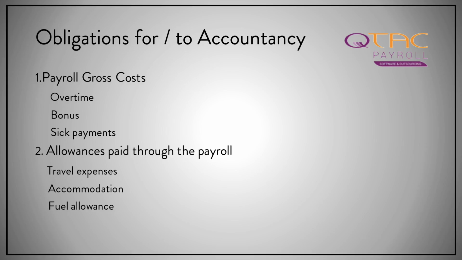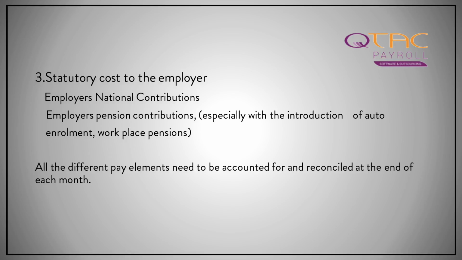So let's look at what constitutes an employee's total gross cost in addition to their basic salary. Here are some of the most common pay elements. You've got overtime, bonus, statutory payments. Allowances through payroll, such as travel expenses, accommodation, and fuel allowances. I mean, any organisation can have any types of additions and deductions they choose to operate through their organisation. But on top of that, we've also got statutory costs to the employer,